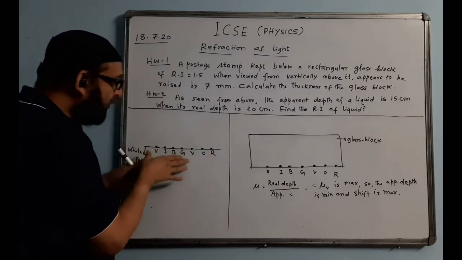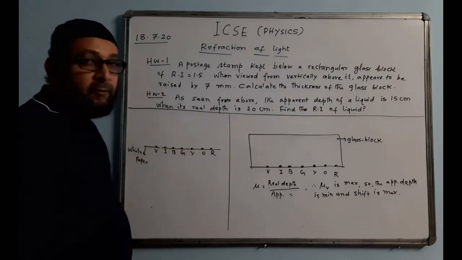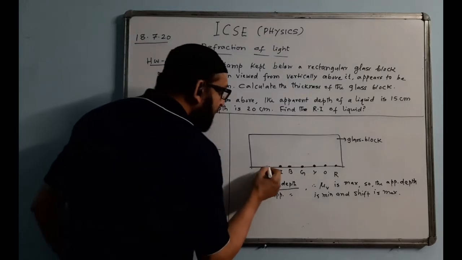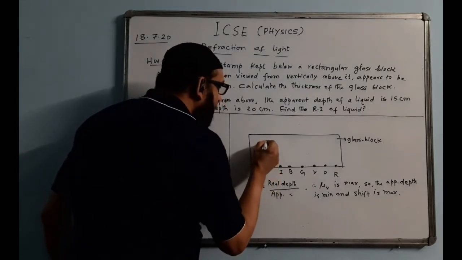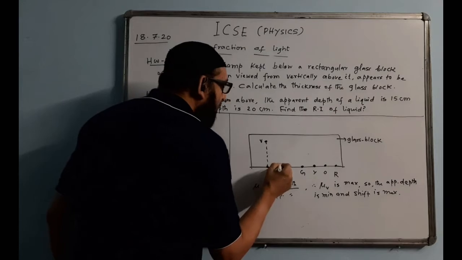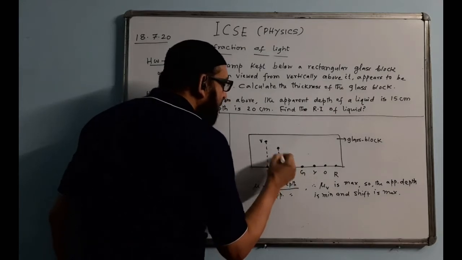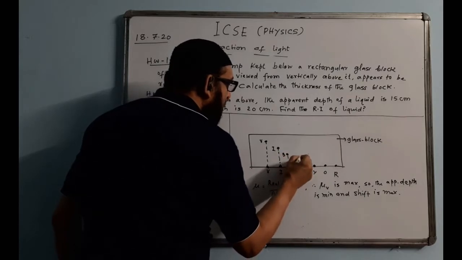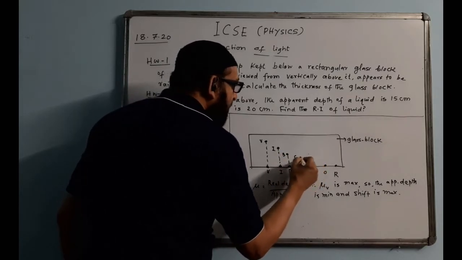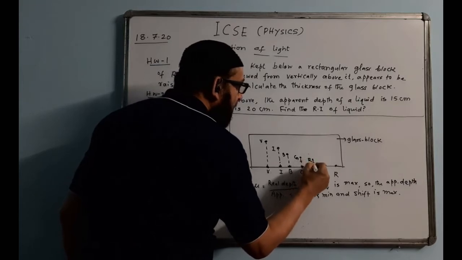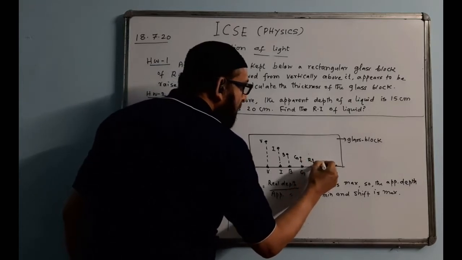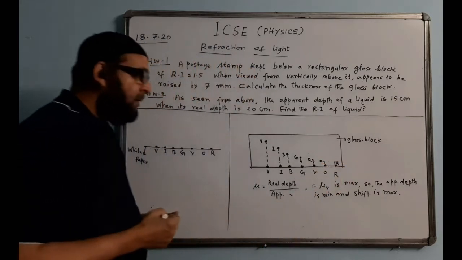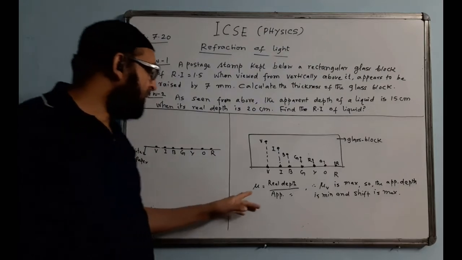On this white sheet of paper, you are placing glass block and checking the answer over here. You will find that the violet spot will be appearing to be raised maximum, right on top. Indigo will be somewhere here, blue will be somewhere here, green will be somewhere here, yellow will be here, orange will be here, and red will be over here. And what should be the reason for this? The reason for this is this one.